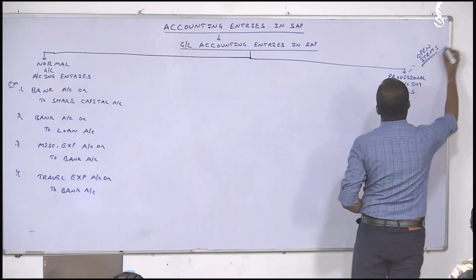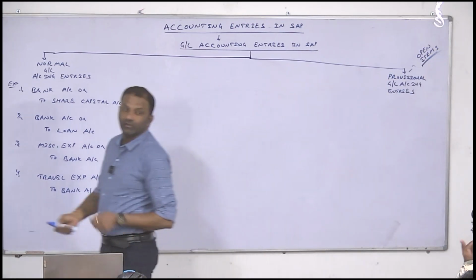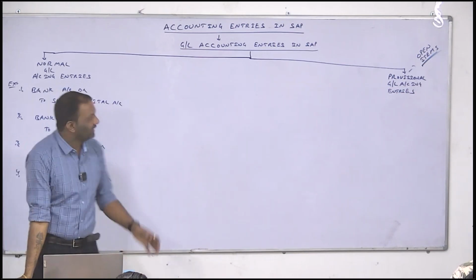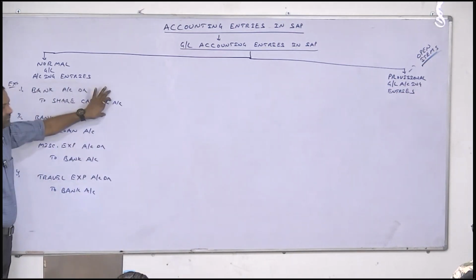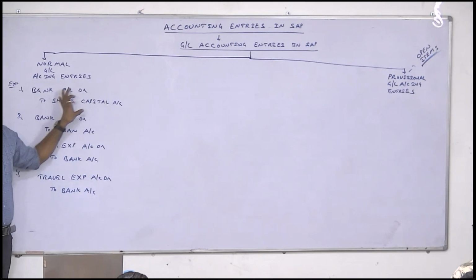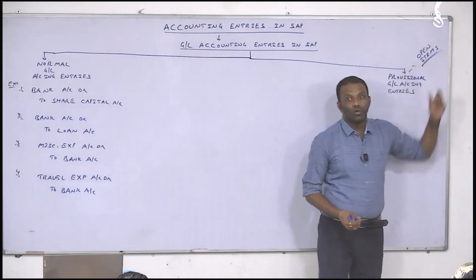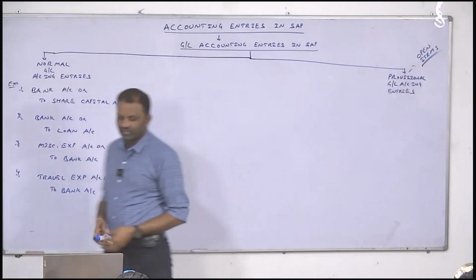What we call? Open items. We call them open items. Here it is not an open item. You have completed this transaction. Again, the user will not do anything with this transaction. Right or wrong? That is the reason we don't call this open items. But coming to provisions, what do we call? We call them open items. Let me give one example.